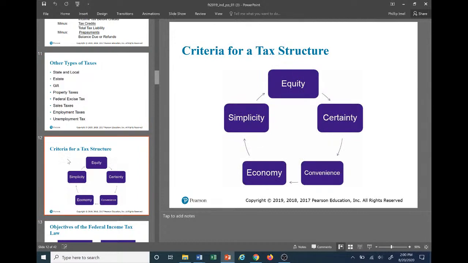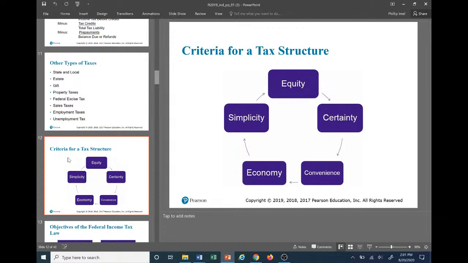So what about the criteria for a tax structure? Pretty much we want to think about the economy, just ways it can benefit the economy. And we want to try to keep it as simple as possible, so simplicity has to be taken into account. Equity: they want it to be equitable among the people that are having to pay these taxes. So they're trying to make it fair based upon how much money you actually make as to what your tax